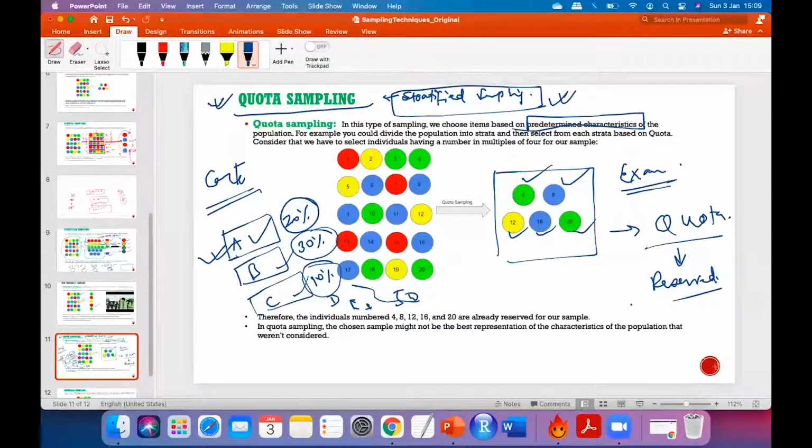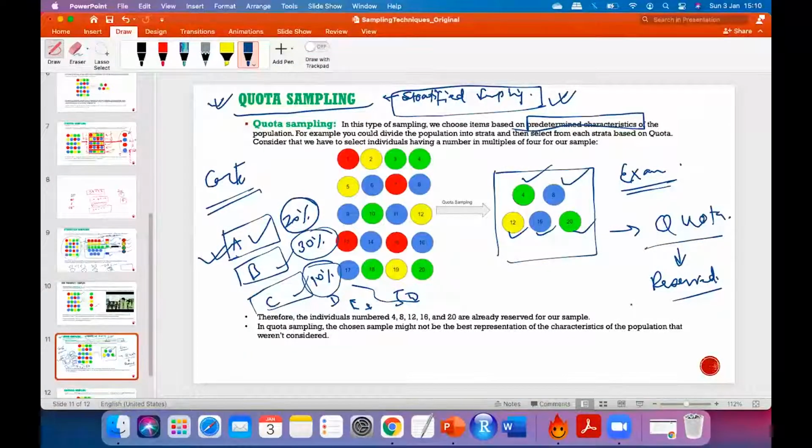Okay, I'll select 20% for the people who are helping me. The rest 30% I'm selecting who are extending in the evening, even after the work time is over. 10% I'll select for the people who are working during the weekends. So those are the quotas decided. I'm saying this on a lighter note, no offense to managers, but some bad managers do this. Correct. So that is a type of reservation.